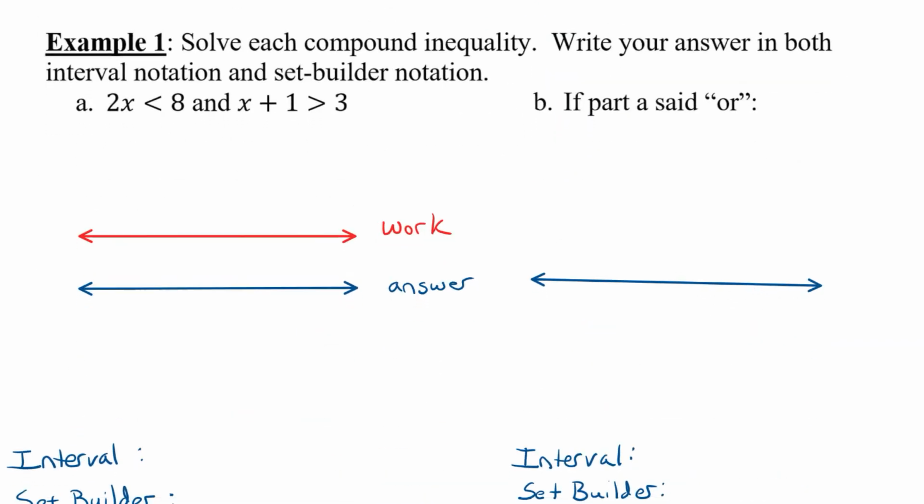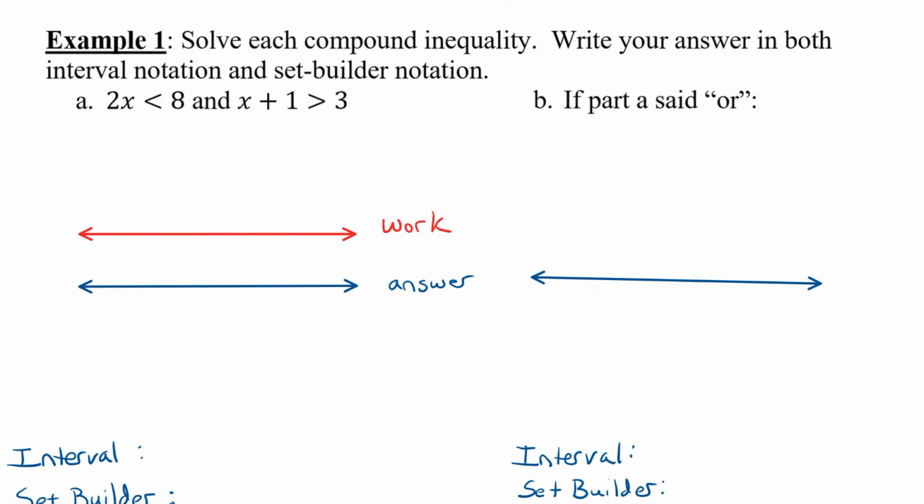Example 1 has an and between the two inequalities. You are simply going to solve each inequality separately, and then we're going to look at how the intersection would be because we're using the word and. So I'm going to divide both sides by 2 here. 2x is less than 8 to get x is less than 4. That's my first inequality. My second inequality, I'm going to subtract 1 from both sides to get x is greater